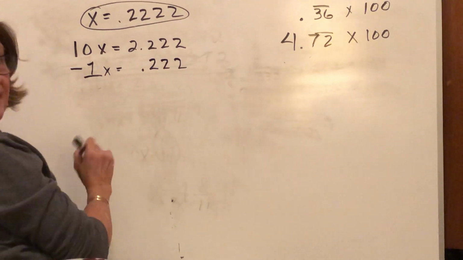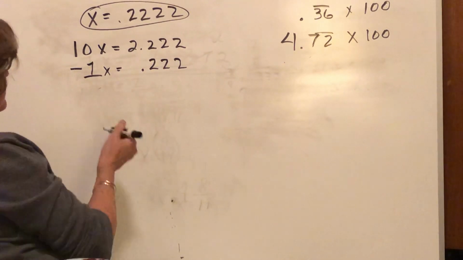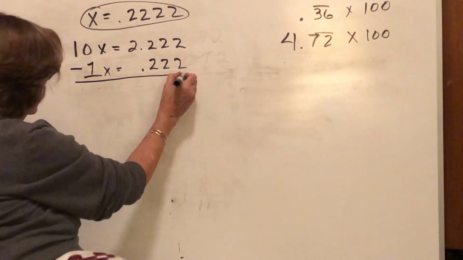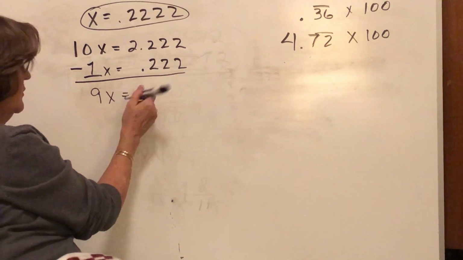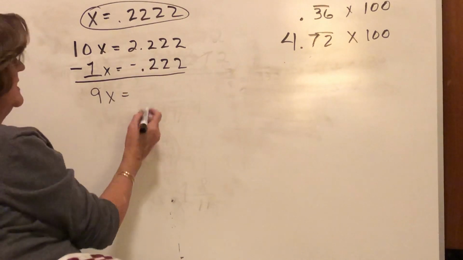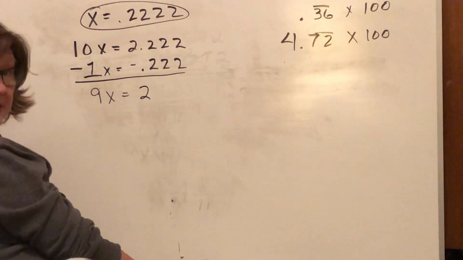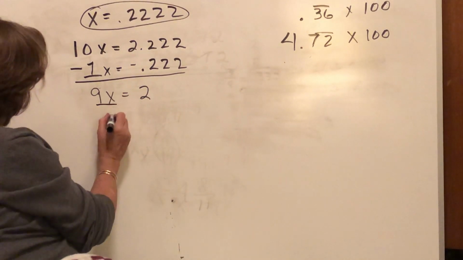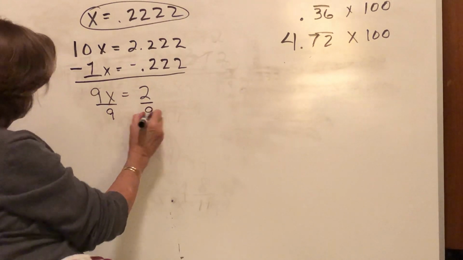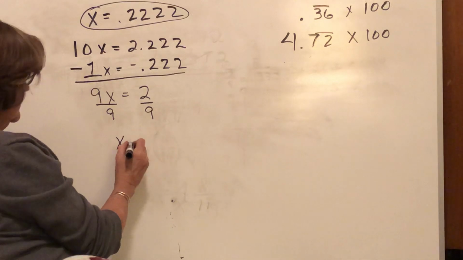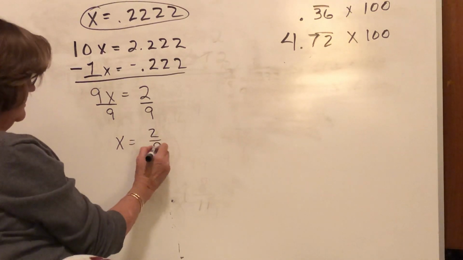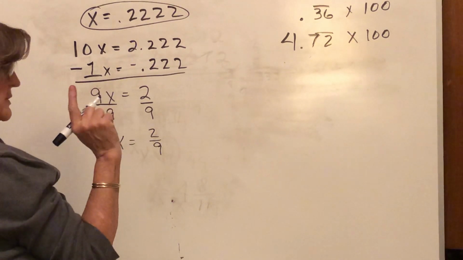That's going to get rid of my decimal, okay? So now what you're seeing is me combining those. I have 9x is equal to, and when I subtract this on this side, I have 2. It's very simple. So I simply divide both sides by 9, and now I have a statement that says that x is equal to, of course, 2/9,